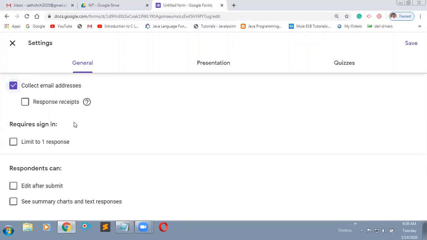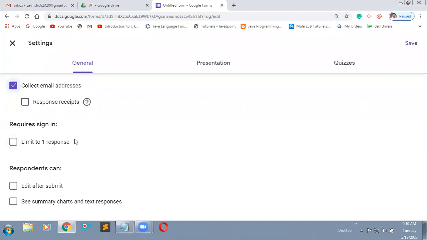If you want to retrieve only a single response from each email, you need to select here. Otherwise, if you do not select it, they can send more requests and attend more attempts. If we click here, we can access only one email address, and from one email address, one quiz only. That option you need to select here.